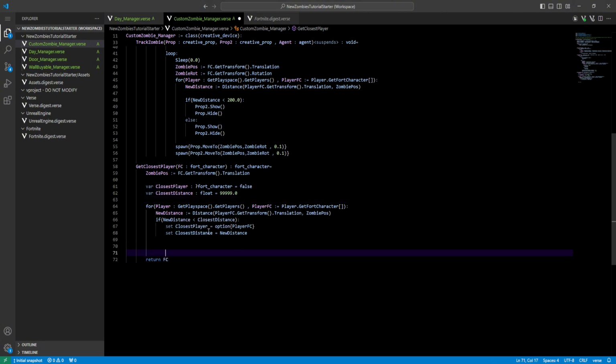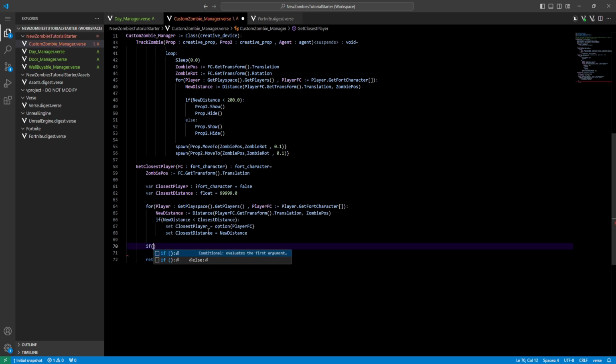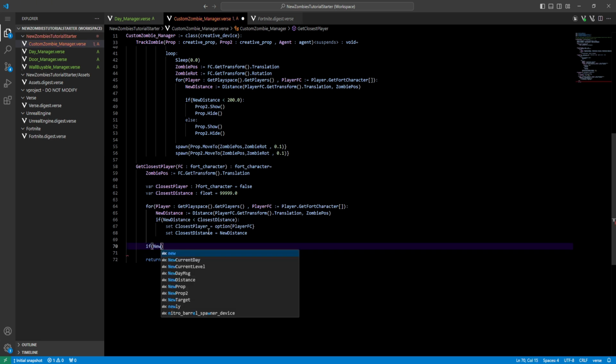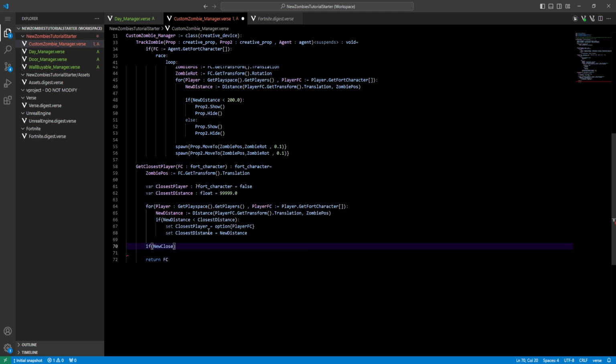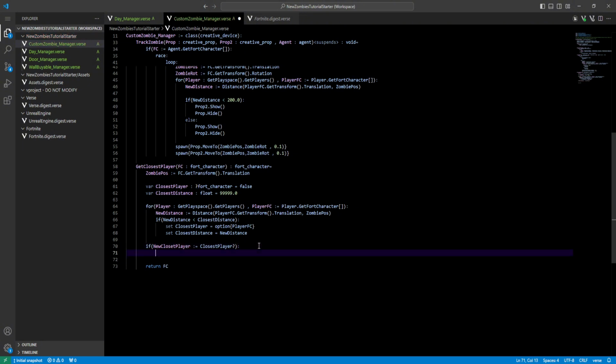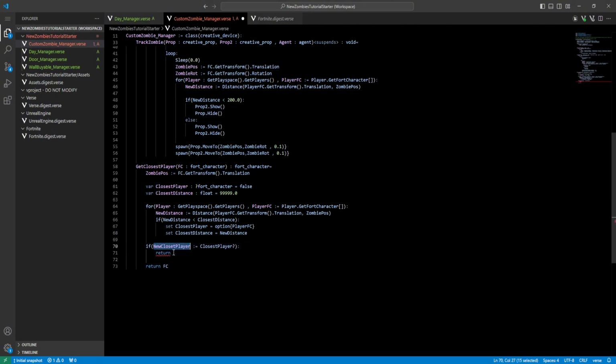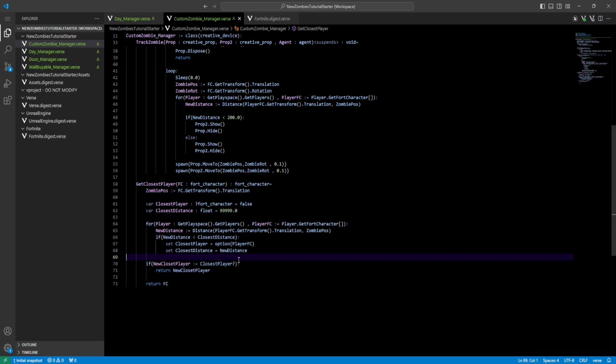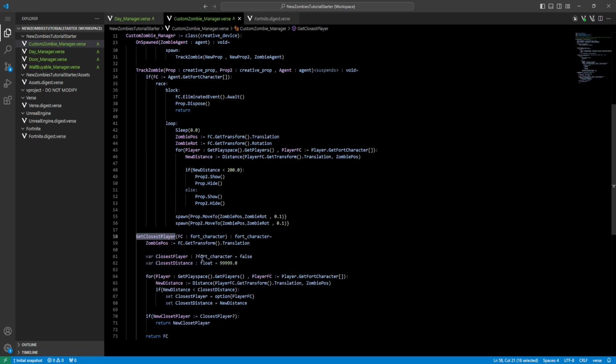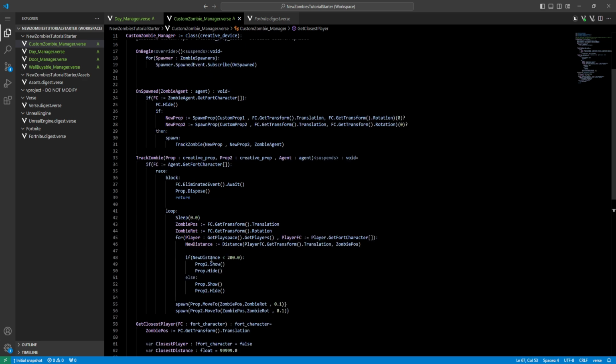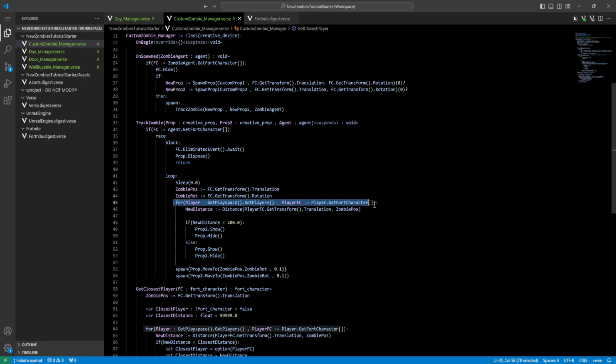So now all we need to do is write if new closest player is equal to closest player, because we'll need to convert this back into a normal Fort character because currently this is an optional. Then we just want to go ahead and return this new closest player. And just like that, we now have this function that'll get the closest player from a Fort character. So we can remove this line up here